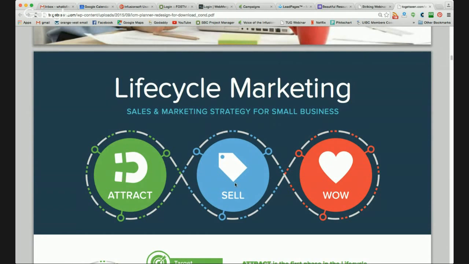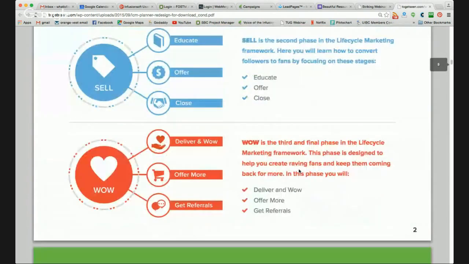They're going to get sold the CEUs, buy the CEUs, and then in the wow stage, it talks about offering more. That campaign we just showed is the offering more. This is where he's going to be offering a lot more of those upsells. We could at some point add here's how to become a referral for Aging Investor and let other people get the same benefits you've gotten. That's a next level project for him. Right now, we wanted to get everything up to offer more done.